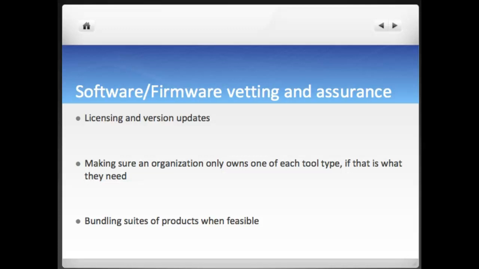One of the other things that in big companies you'll find is that I buy a piece of software, or I find one that I need to do my job, and I get it vetted and I purchase it and it gets installed, and then someone else buys one very, very similar to it, but from a different manufacturer. IT, again, is the gatekeeper on that to make sure that an organization doesn't own 3 different types of spreadsheet